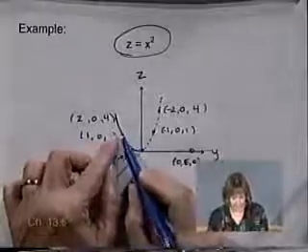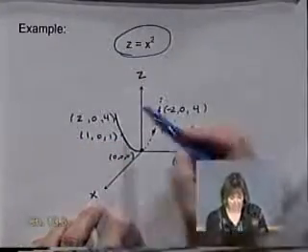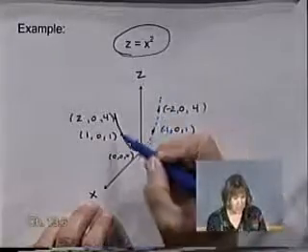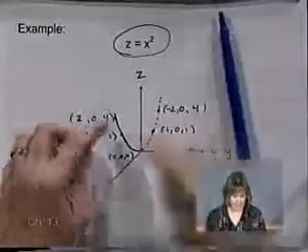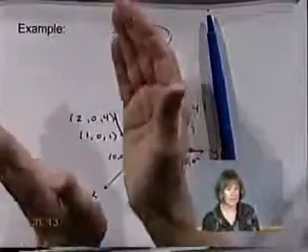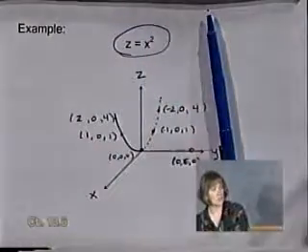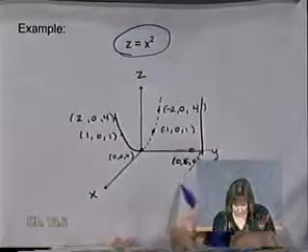Now, since I can take any point and move it parallel to the y-axis, what I prefer to do is think of this entire sketch in the xz plane. And since y can be anything, I can think of this as a string that you've sprayed with spray starch, so it's nice and stiff, and I'm going to drag it parallel to the y-axis. And when I do that, think of another